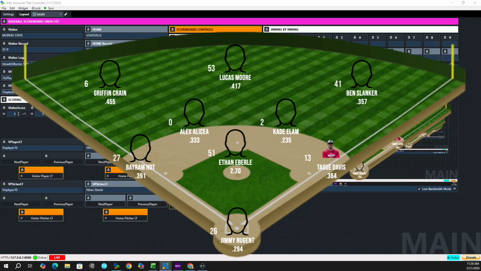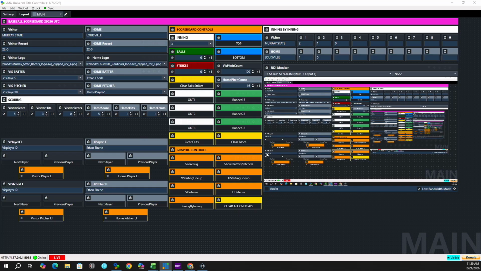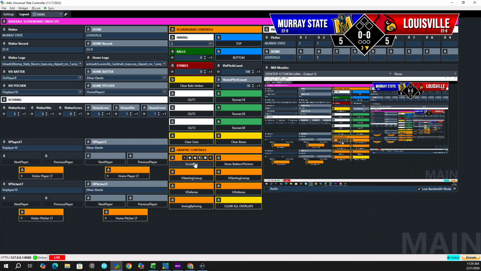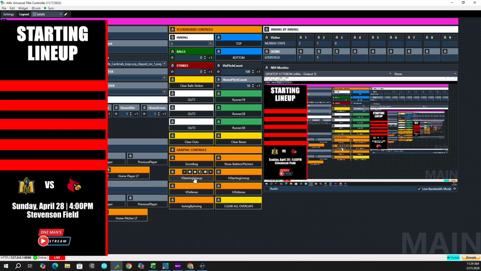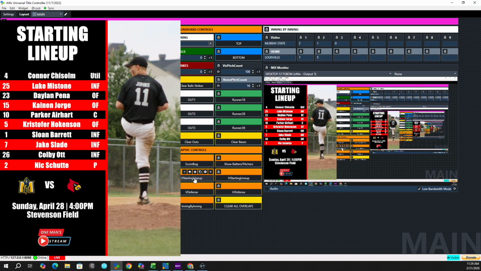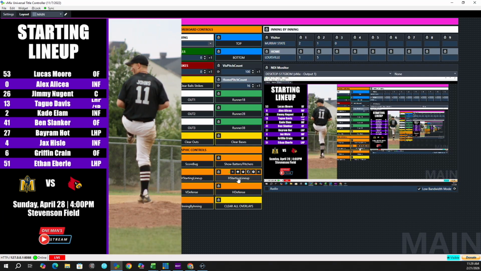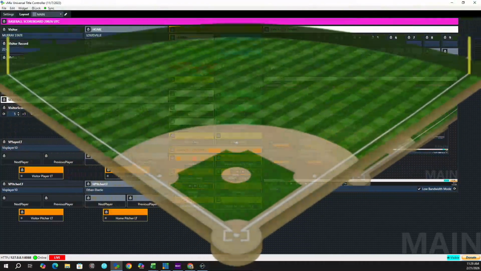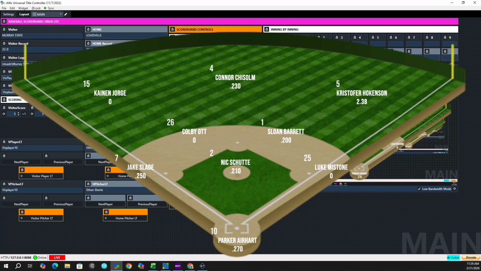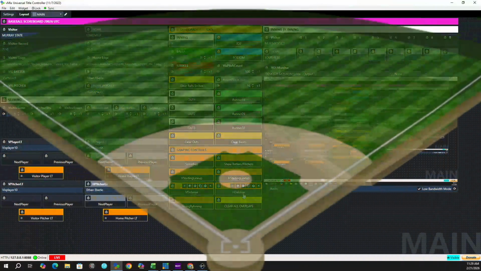And just to give you a quick view of what our vMix UTC layout is going to look like, this will bring in the score bug. And then this will bring in the batter-pitcher portion of the score bug. We can take that away. Then this will bring in the visiting starting lineup, the home starting lineup, the visitor defensive positions, the home defensive positions,